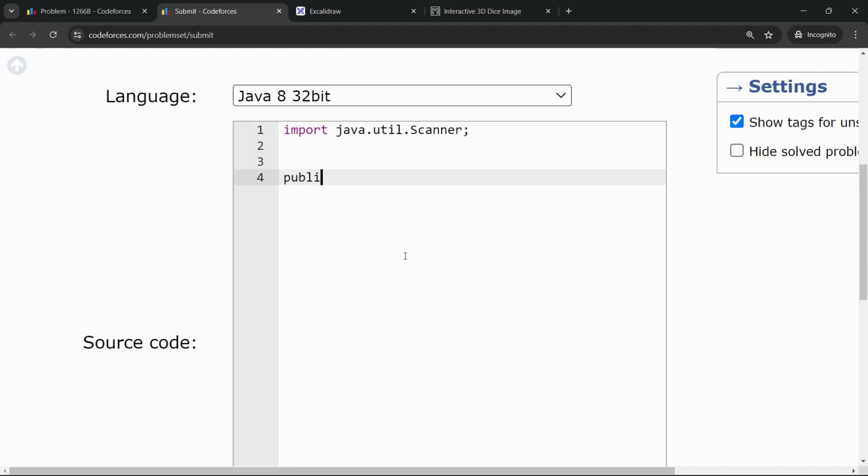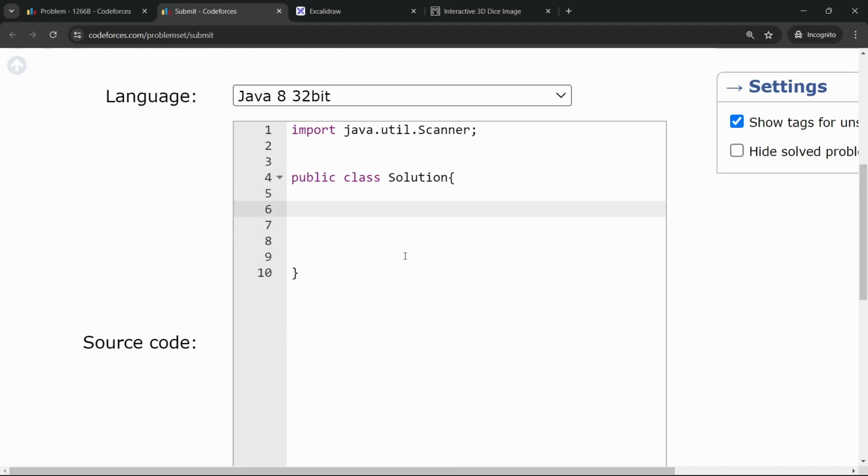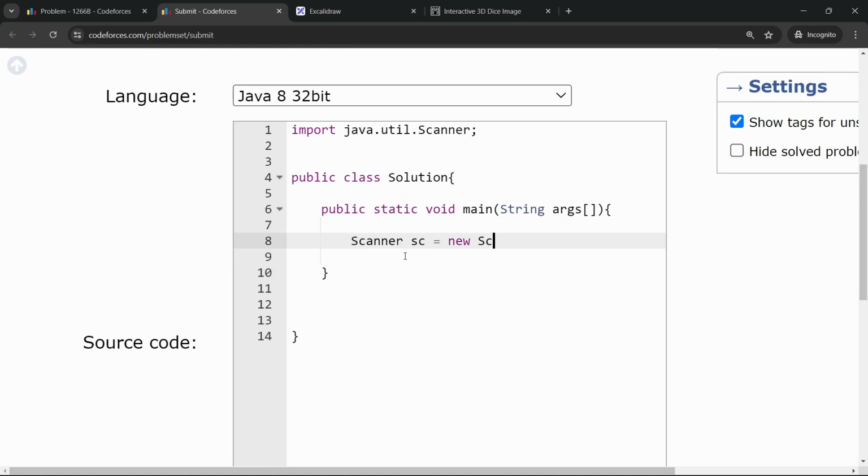We will have a public class, and the name of that class will be Solution, as always, because we are creating a solution to the problem. So public static void main, as usual, String args. Here we will have a Scanner object, new Scanner